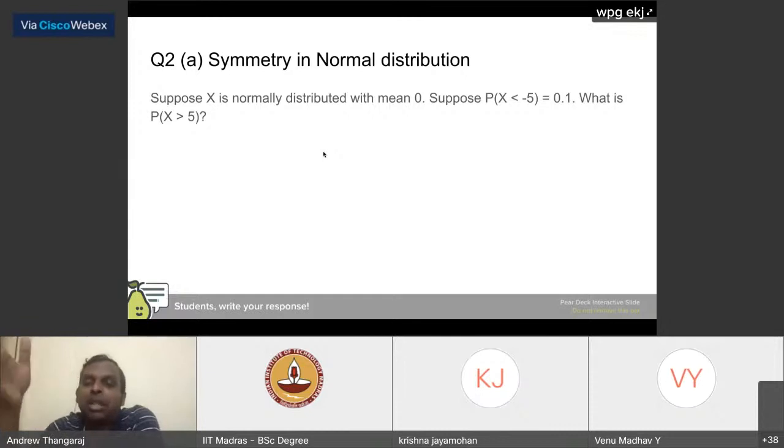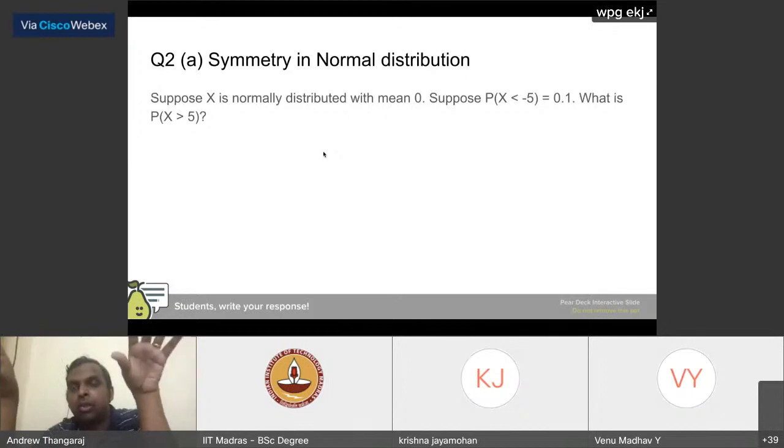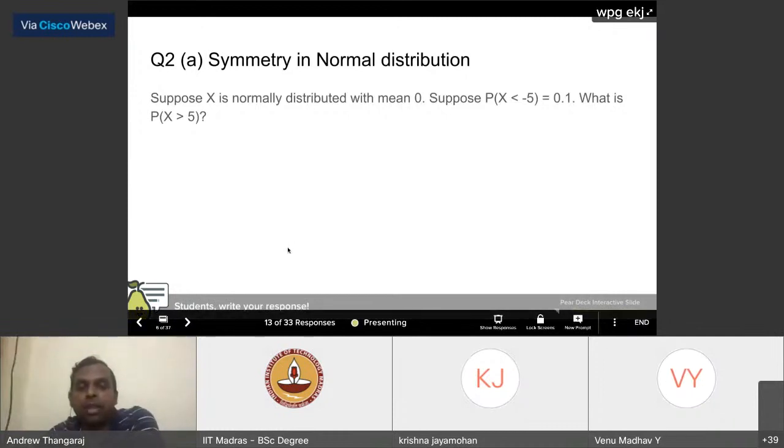You need a numerical package to compute it, by the way. It's a challenge, you don't have to do it. But what is easier to compute, once they give you the probability that x is less than minus 5 is 0.1, is what is the probability that x is greater than 5? Like I said, there is the symmetry, and probability is area under the curve. So if you use these two, you can quickly answer without any computation. Let me give a quick minute. Anyway, if somebody is interested in finding the variance of this x, you can try to find it.